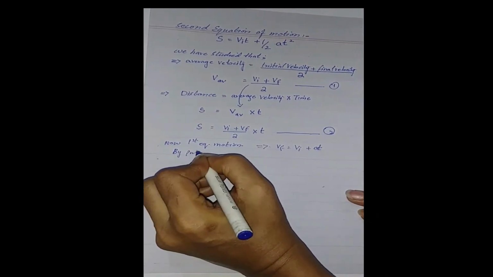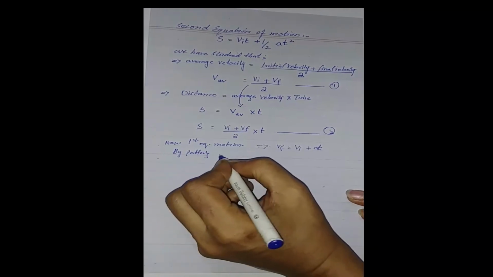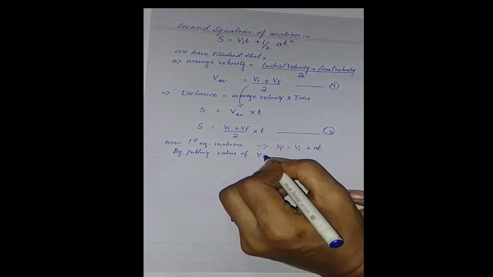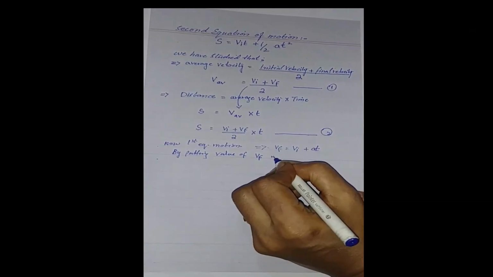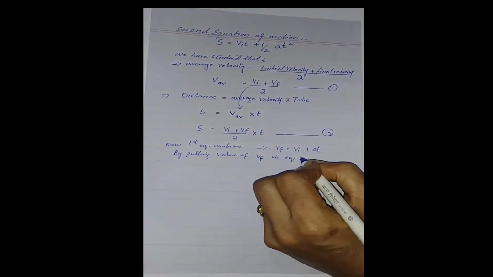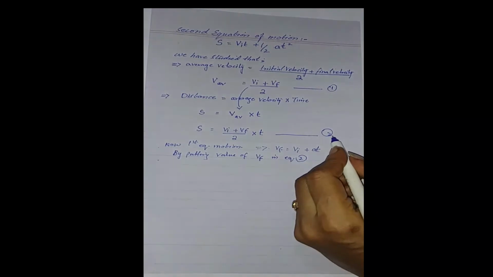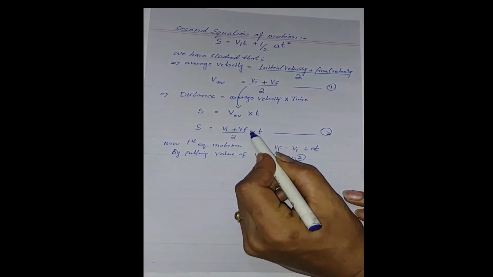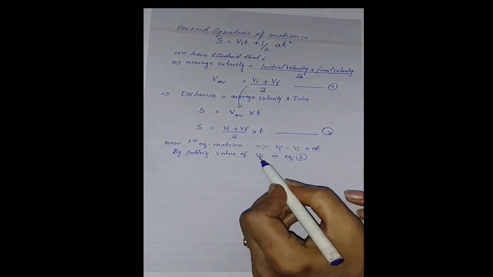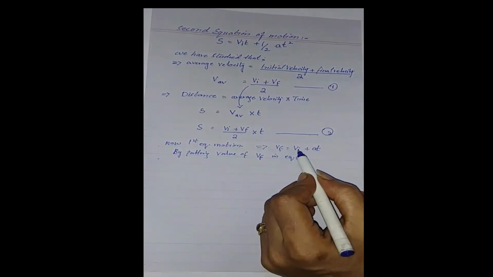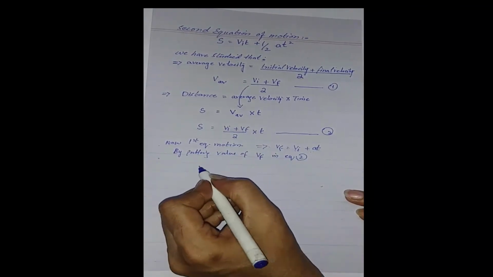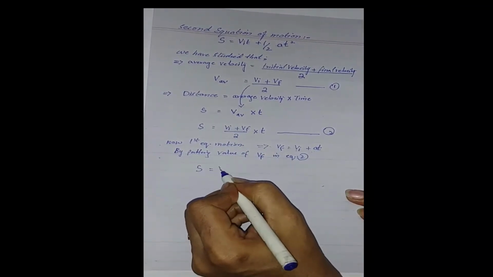By putting the value of Vf in equation number 2, where Vf is given, we put the value Vf equals Vi plus At. That value is going to go there. So S equals Vi